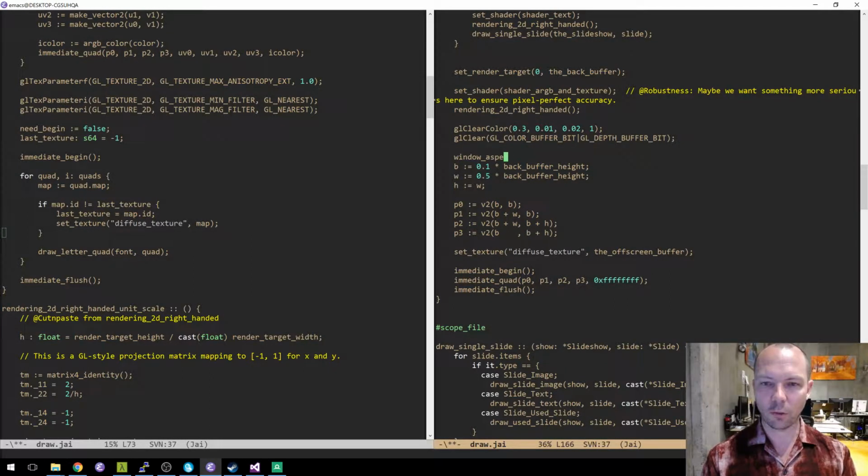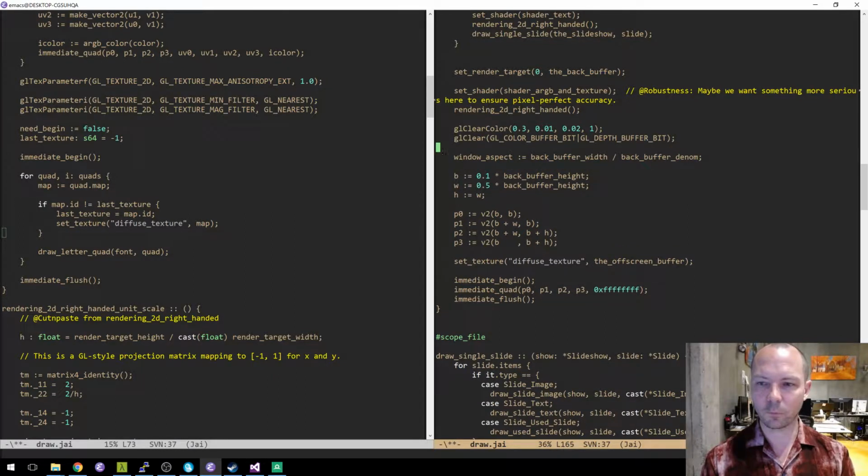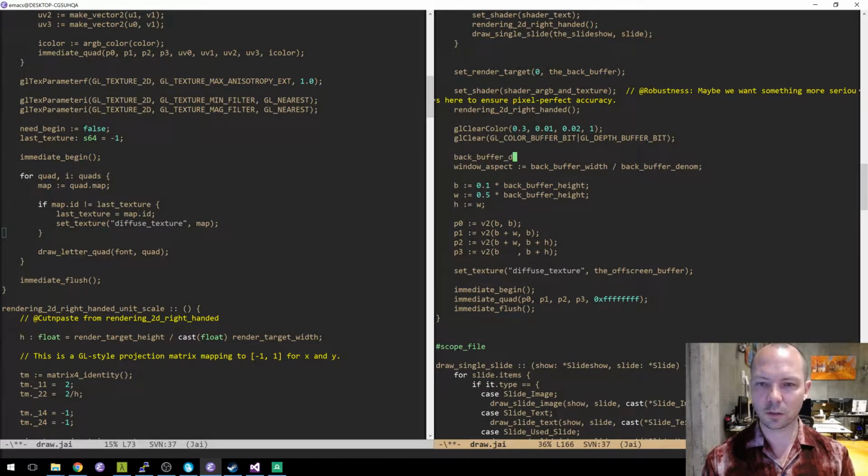Window aspect is back buffer width divided by denom, not demon, max of 1 and back buffer height.